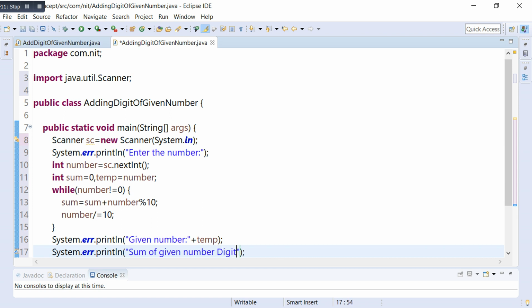Just print and take the sum. Okay, now finish, your program is finished.